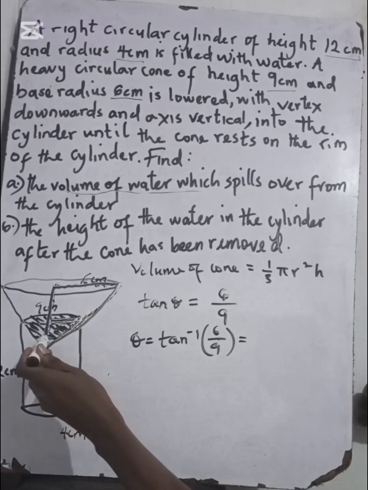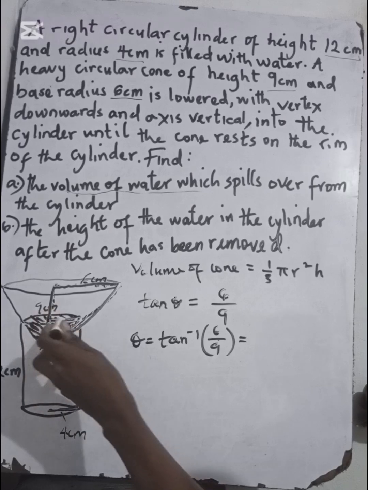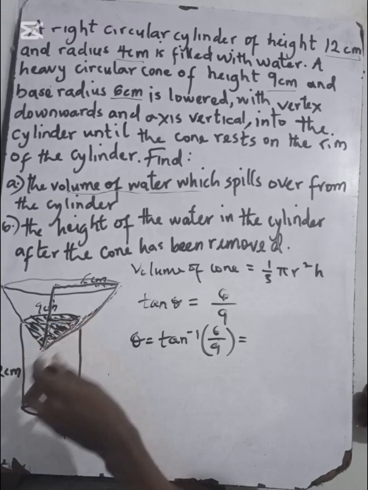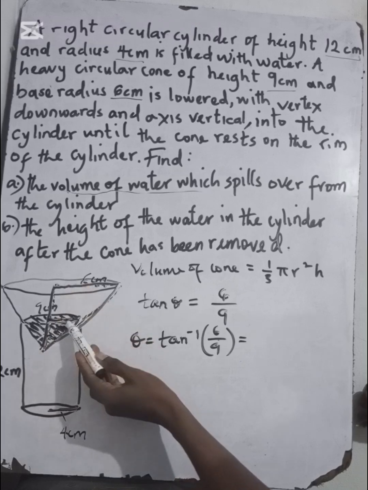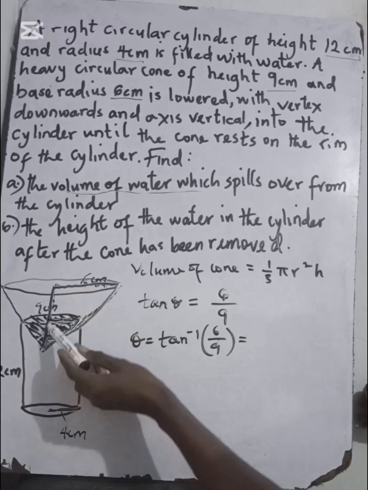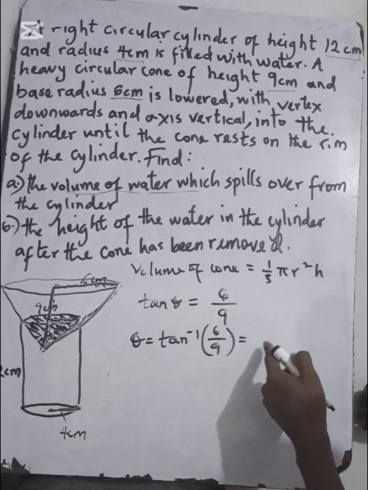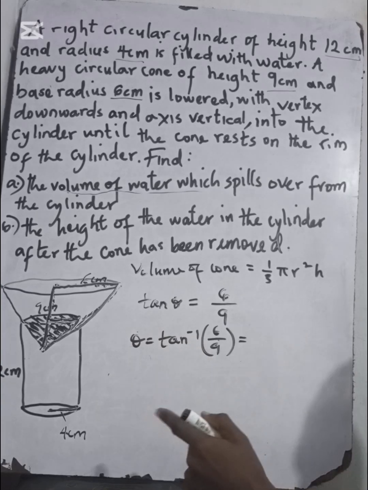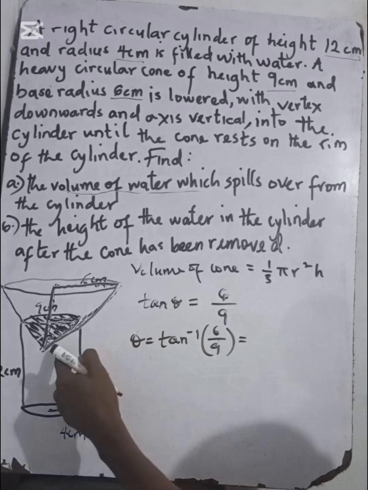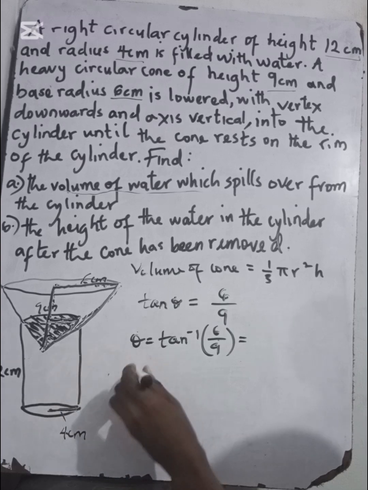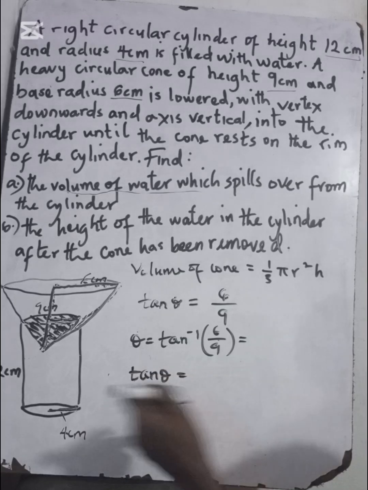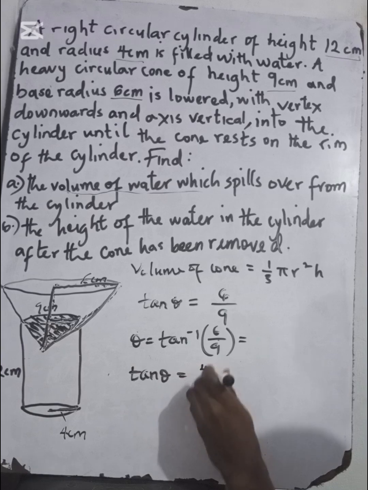When we get this angle, we can use it to find its equivalent height to this radius, which is 4. This radius will stand to be the opposite for this angle, while this will be the adjacent. So the expression of this will give us the angle. By that, we can now take the angle again to have it that tan theta is equal to opposite, which is 4, over